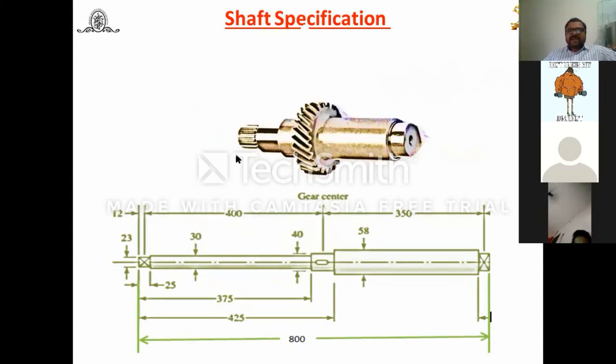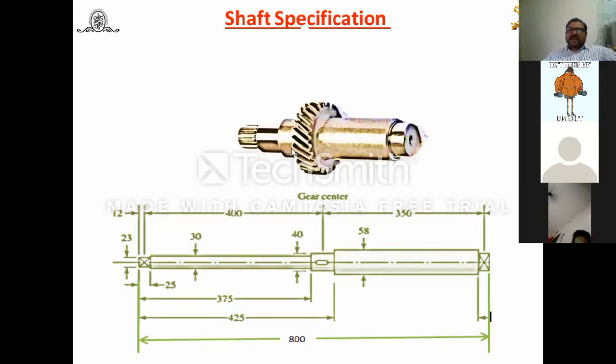Generally a shaft is not a cylindrical rod, so what do you have to specify? Look at this. Now this is a shaft. You will find different steps are provided to the shaft. Why are these steps provided? Suppose your shaft diameter is 25. So what you have calculated, shaft diameter is 25. It should be 25, but you have a choice to increase the shaft diameter in steps.